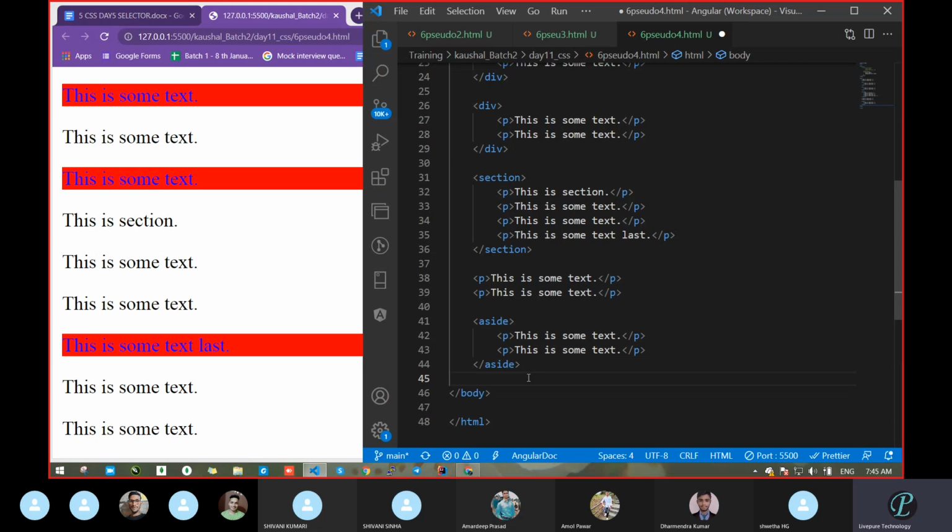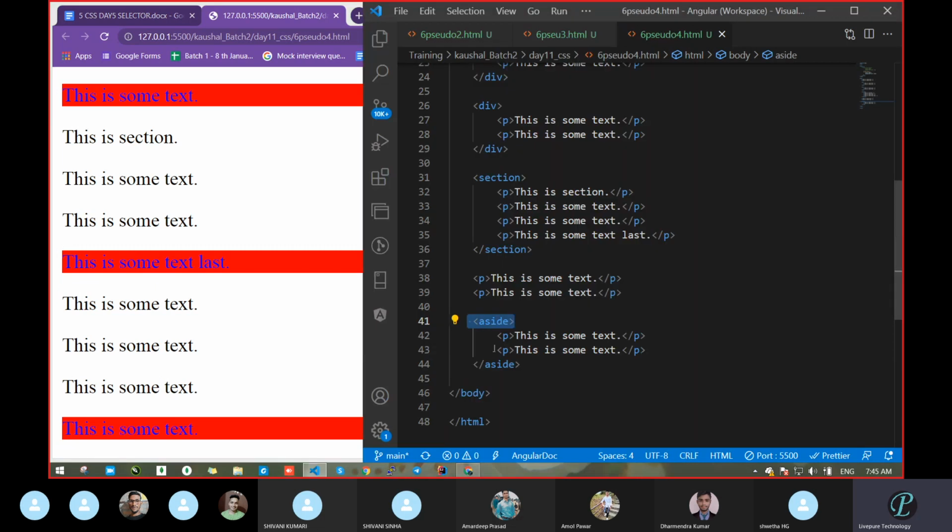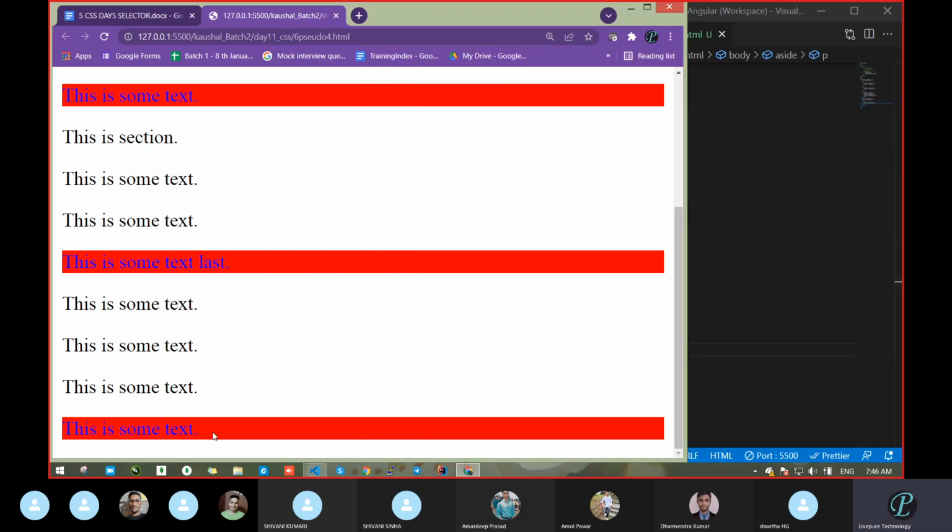In the video, or in the study material itself, you will get that this comes under aside. Aside is a semantic element, because with the help of aside, you get some sense that this section is on the side. Now it has to come as the last element because we had passed it in some div, some section, correct? So that's why we are getting this last. Correct or not? This one.